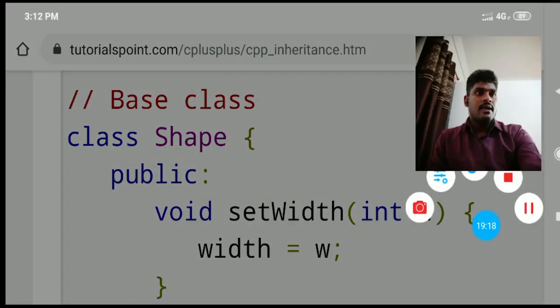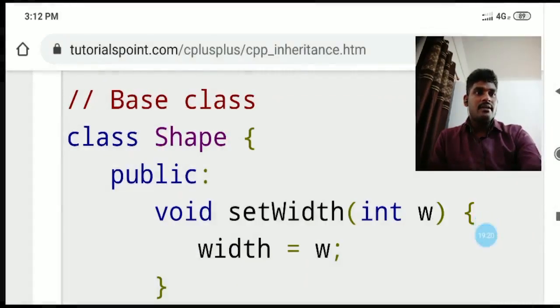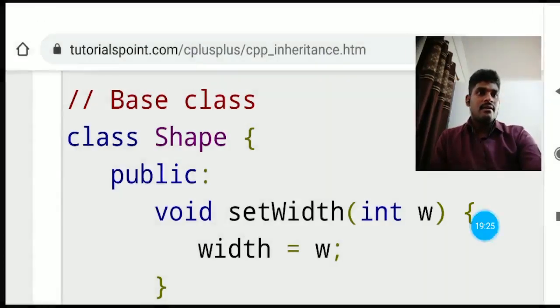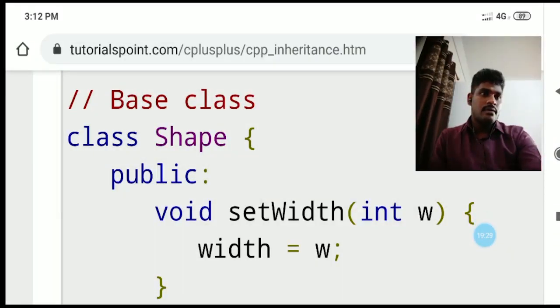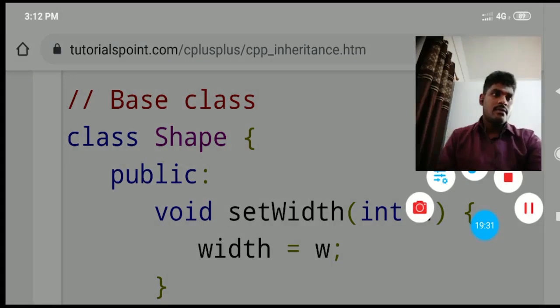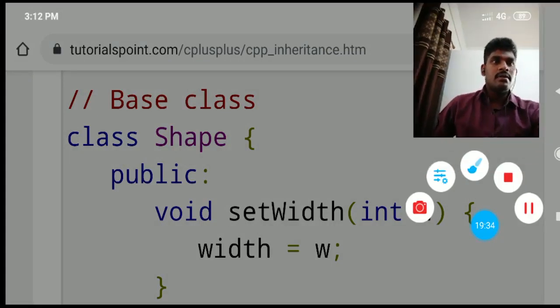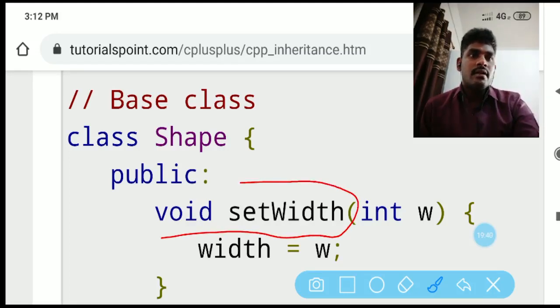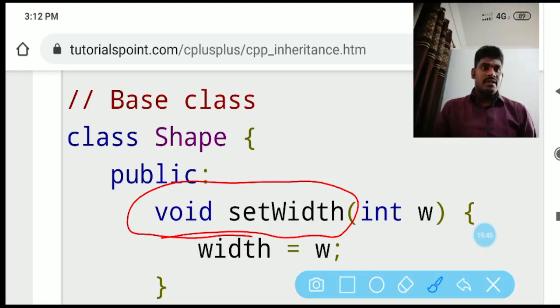In this base class, what is the member function? Here, void set width is a member function with an argument.